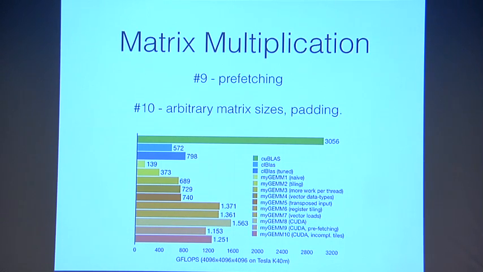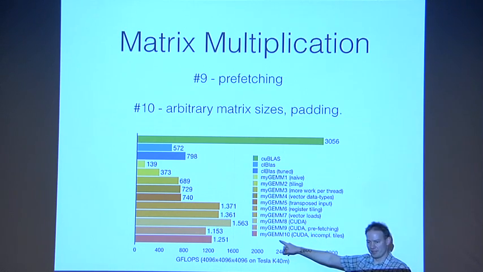And then the last two, he does prefetching and then adds some padding to do arbitrary matrix sizes, which drop his performance. He simplifies; these do not include CUDA and prefetching. The prefetching is basically, instead of having two 3x3 A and B submatrices in the local memory or registers, he has 4: 2 A's, 2 B's. While he loads in the first A and B and starts to multiply them, during that multiply he starts loading the other A and B, so it should be ready by the time the compute is done in the first case.